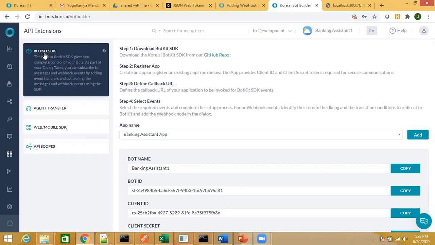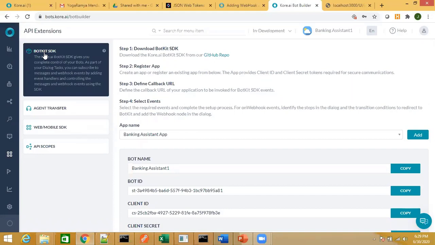So when you are enabling the BotKit, there's a particular standard that we maintain. BotKit is again an external thing to our bot. So once again, if you are calling a bot from an external application or layer, you need the client ID and secret, which will be used to create the JWT.